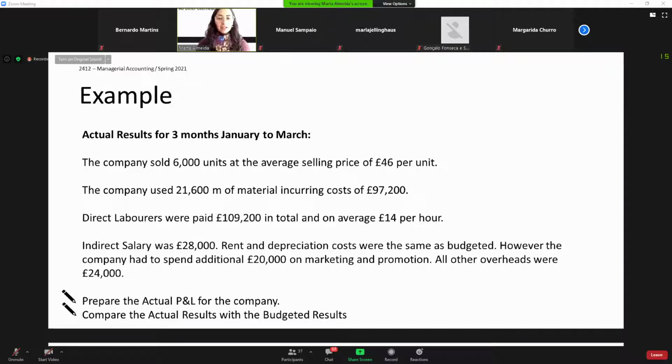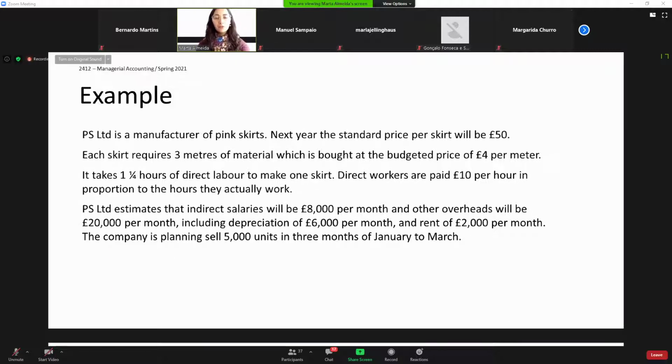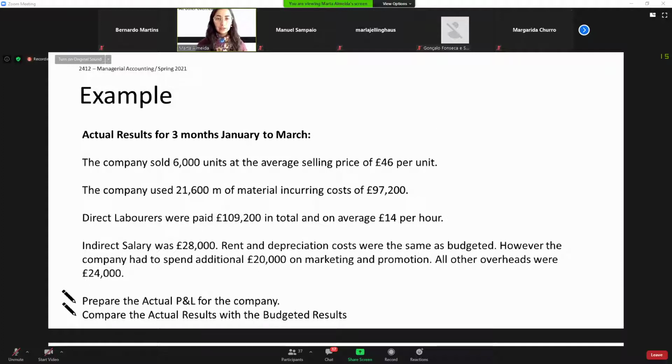Then we have the actual results for these 3 months. The company actually sold 6,000 units. They expected to sell 5,000, but in reality, they sold 6,000. They sold them at £46 per unit. We expected to sell, if we go to the slides, at £50 per unit, and they actually sold at 46. The company used